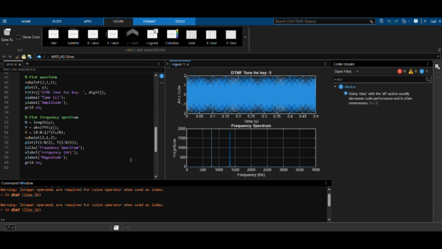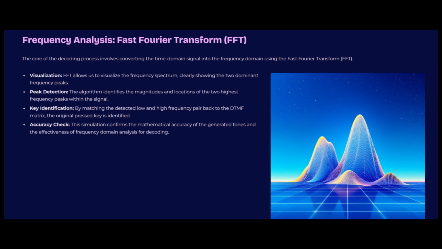And that's it. With just a few lines of MATLAB code, we've recreated how your phone generates DTMF tones. It's a perfect way to understand how two simple frequencies can carry digital information through sound. So, the next time you press a button and hear that beep, remember, MATLAB can make that beep too. Pretty cool, right? Once we've generated those tones in MATLAB, the next step is figuring out what they mean, basically